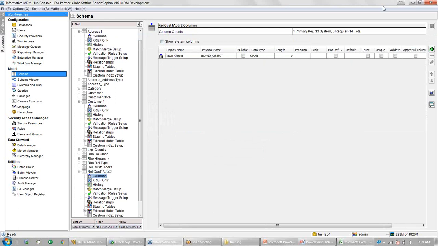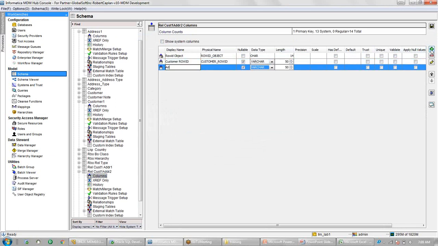The relationship table is nothing different here. You can see its same row ID object is present here also. And now I will add just two columns here. I will say customer row ID and one more column as address row ID.